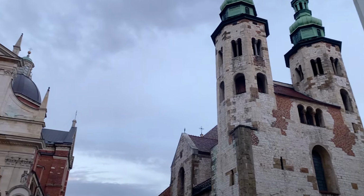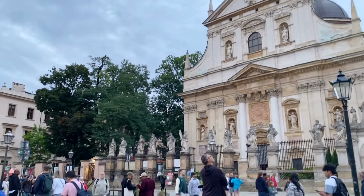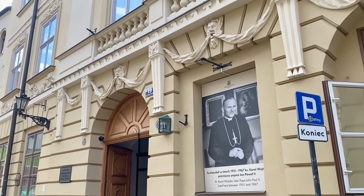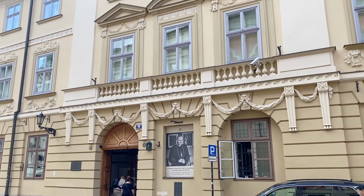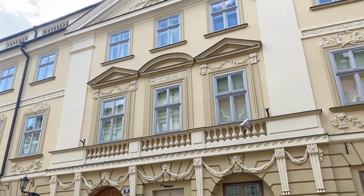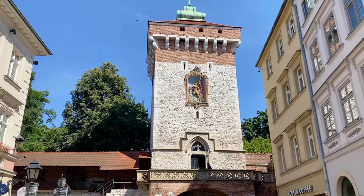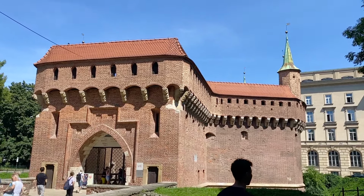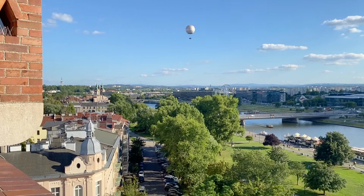Sticking with the buildings of religious significance, a few blocks away you'll also find the Bishop's Palace and the former residence of Pope John Paul. You'll also find what remains of the old city walls around the perimeter of the Old Town, with some nice parkland just on the outside that flanks this part of the city. We'll come back to the Old Town a little later, but for now, we're heading south of this area into